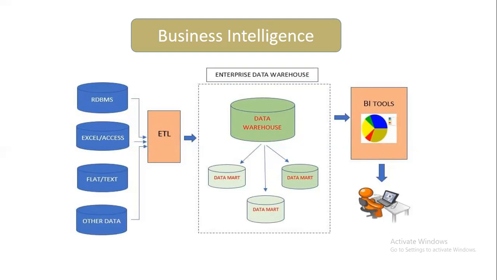There are various tools nowadays to do the ETL, like Informatica, AWS, and Azure tools as well. By doing all this ETL, we bring that raw data into one central repository, and this central repository is called the data warehouse. Here we bring all the data with respect to the project that is going to be completed in the industries. And in the data warehouse, you can see that the data is categorized into various data